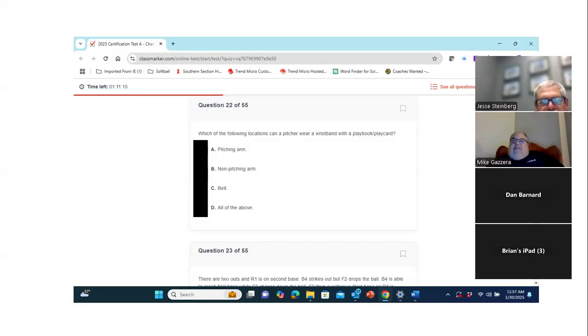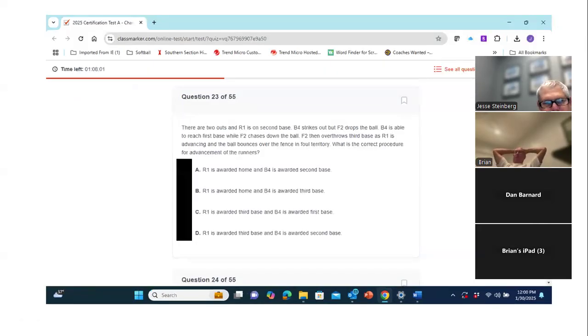We could also say that it might be distracting because of reflecting sunlight. But basically NFHS puts that under, it's not being used in the manner which the manufacturer intended it. It's intended to be a wristband. Having it on your belt is not using it. In the medical field, they call that not following the IFU. Okay, moving on to 23.